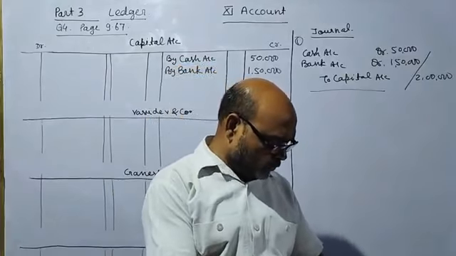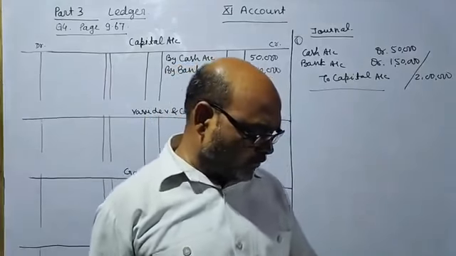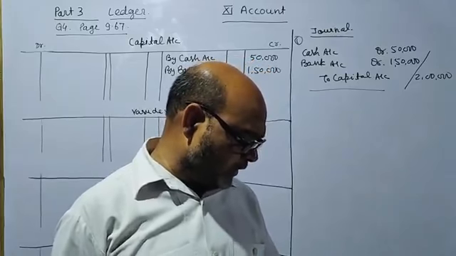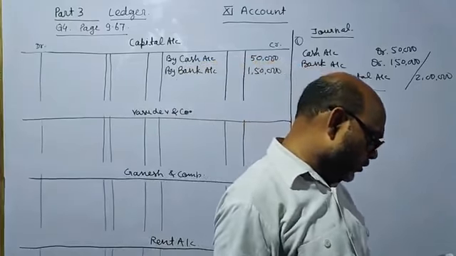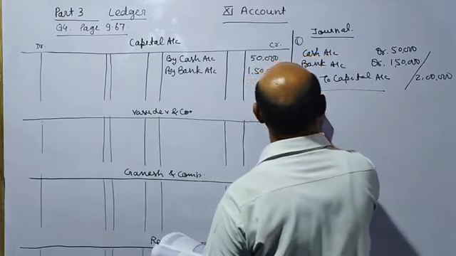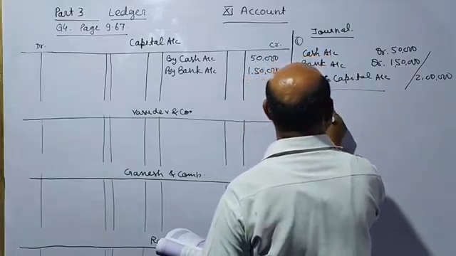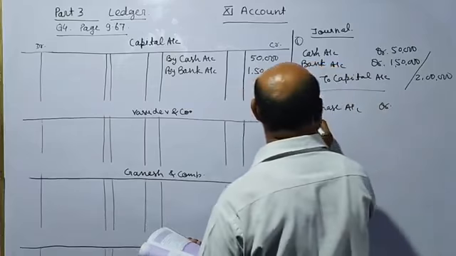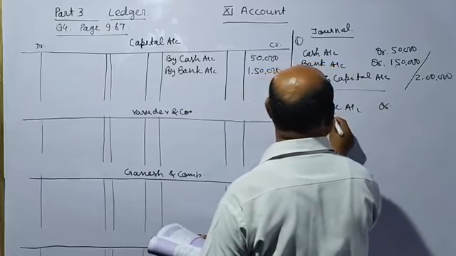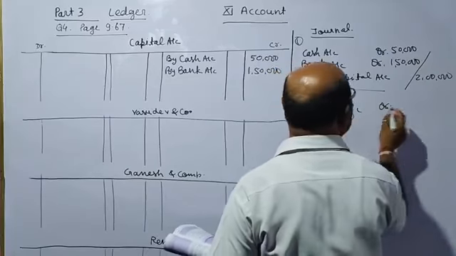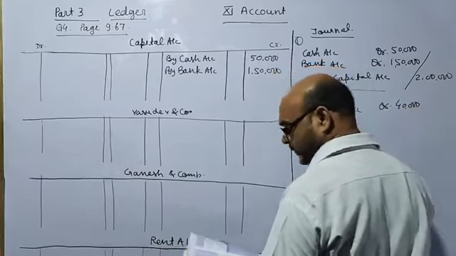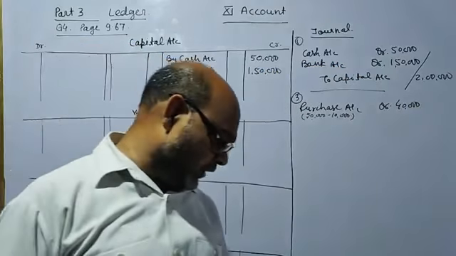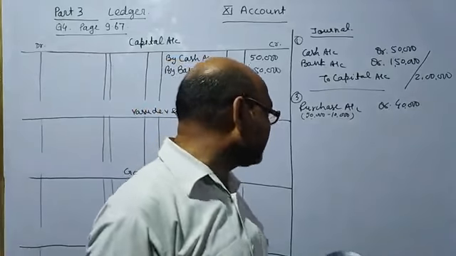May 3rd, purchase goods on credit from Messrs Vasudev and company of list price 50,000 less trade discount 20%. So purchase account debit. Now list price is 50,000 and 20% trade discount, that will be 10,000. So purchase amount will be 40,000. And here the question is related to the GST. So you will pay the GST also.